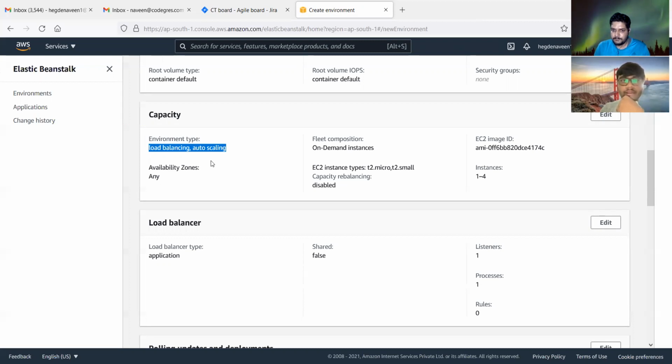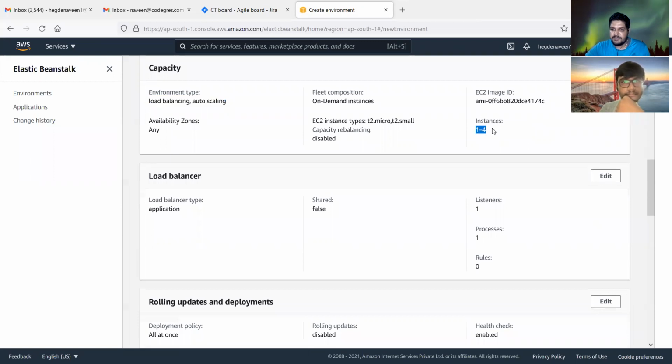But high availability will obviously, I'm assuming, cost higher also. Yeah, see, in load balancing and auto scaling, the number of instances is 1 to 4, right? What 1 to 4 means is when auto scaling occurs, one instance is the minimum number of T2 micro instances which are there.